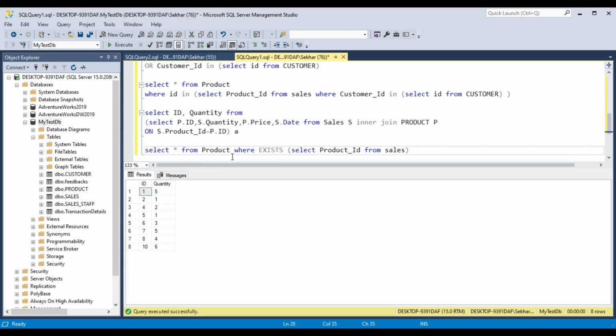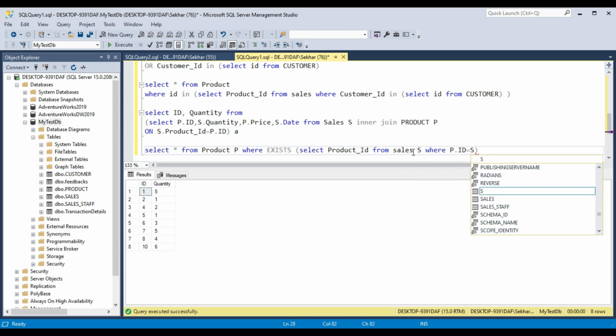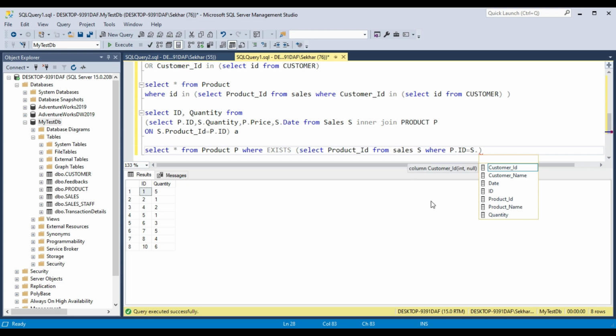While using exist, we have to establish a relationship. Suppose product p, sales s, where p dot id equals s dot product id.